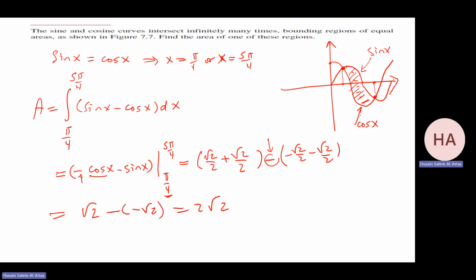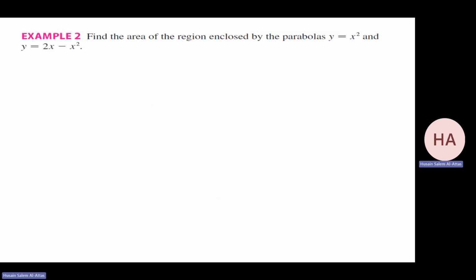So I have 2 square root of 2. That will be my answer. Find the area enclosed between the parabola and the other parabola. This parabola, if you remember, I need to find the vertex to graph it, or